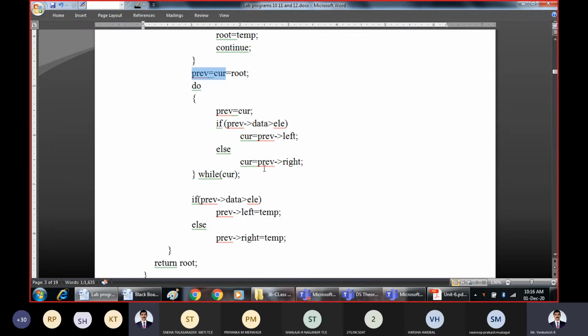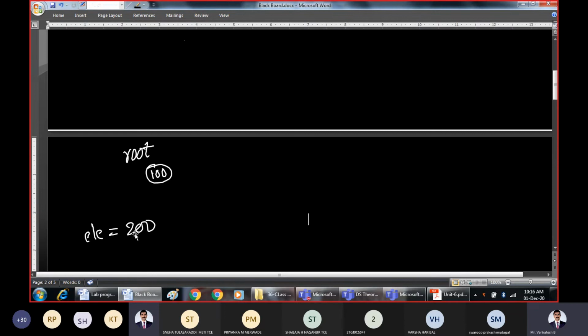Is 100 greater than the element? No. In that case, current equals previous pointer's right side. That means 200 cannot be inserted at the left side. 200 must be inserted towards the right side. So it will get inserted at the right side.